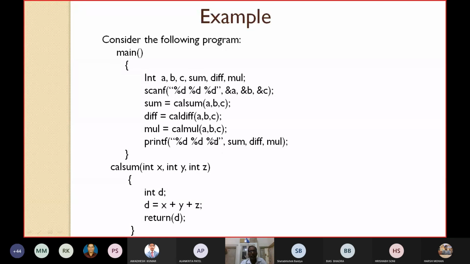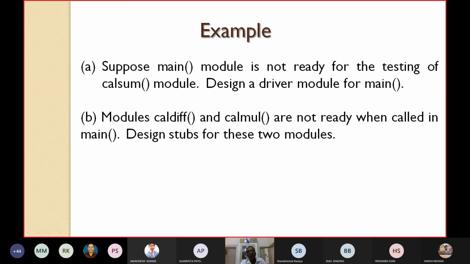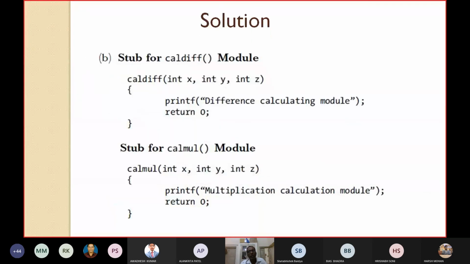So we can put dummy modules or stubs, where only the behavior is represented, not the actual processing. Here we can develop this stub by putting a small dummy code which simulates the behavior of the called module.